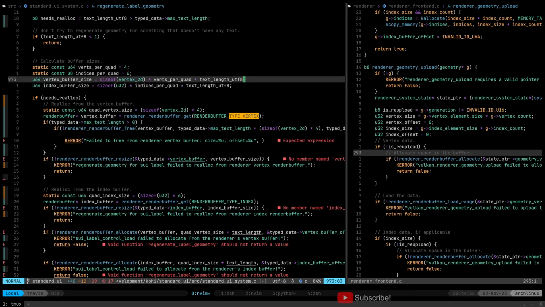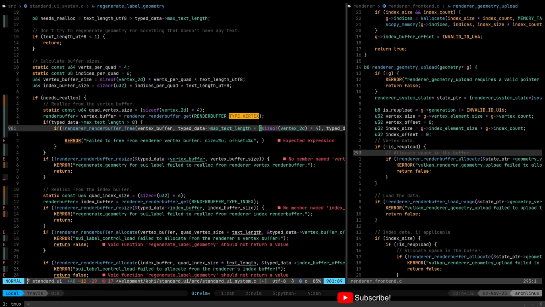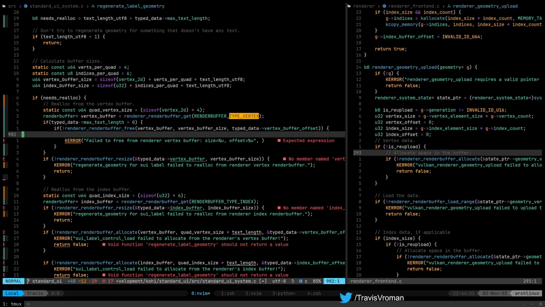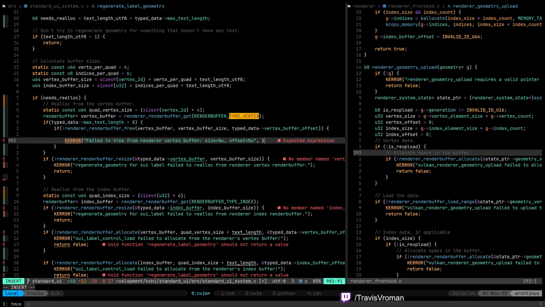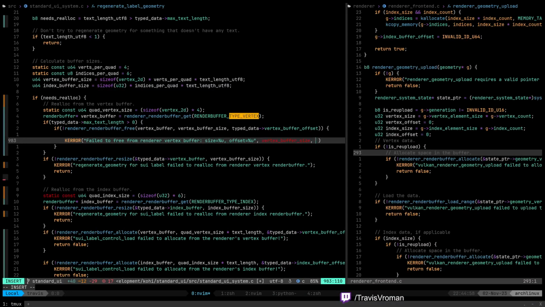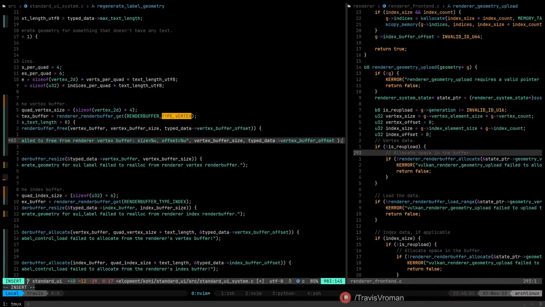I guess I really should be using this vertex buffer size, right? Verts per quad. Yeah. Right, that's going to be true for the old one, but not the new one. So vertex buffer size, and then type data vertex buffer offset.